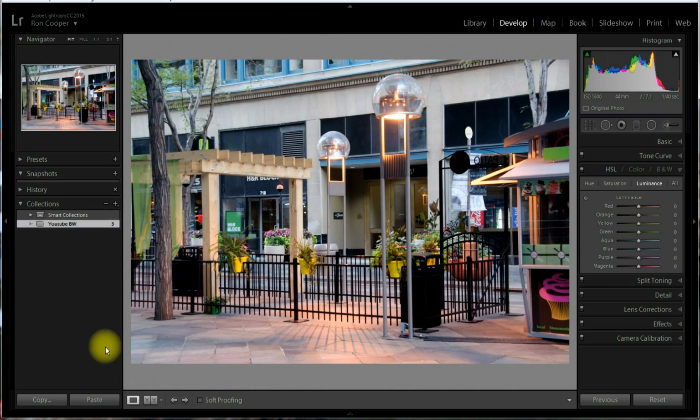This is an image that really isn't going to be a very good black and white image. But the reason I chose to use it is because it has so much color. We can really look at what happens in a black and white image and how you can change it. We can make so many different images out of this. None of them are going to be spectacular black and white images, but you will learn a lot about how it works. Over here you see that in Lightroom you have hue,